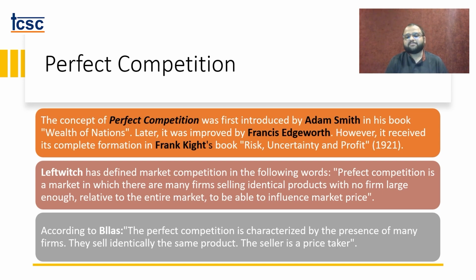Now, there'll be many of you who would say, okay, it's a market which is characterized by a large number of buyers, same product, and the firm is a price taker. That is there. But the whole point is, when we're talking about perfect competition, it's a type of market structure where a large number of buyers and a large number of sellers selling a similar product influence the market accordingly, where no single firm has enough